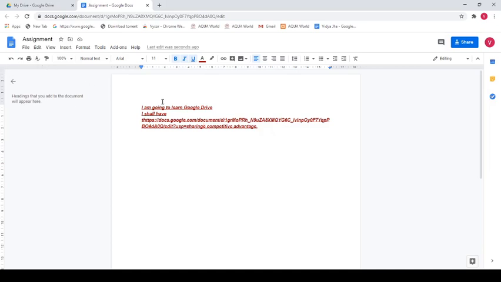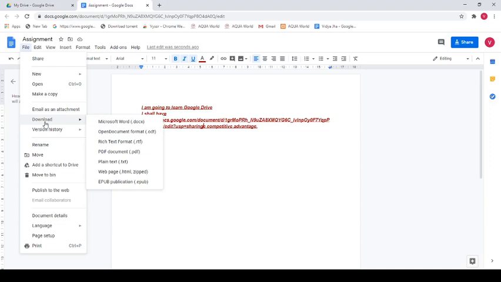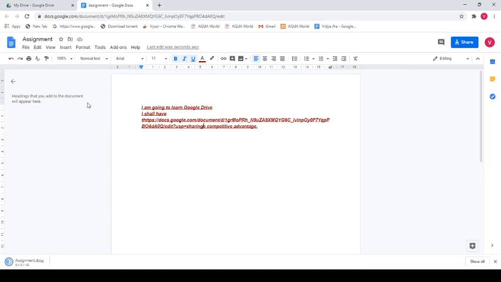Now, the next important thing which I wanted to share is, you open this and see. How do you want to save this? As it is saved in your Google Drive. Now, suppose you have certain formats in which you have to submit your assignment. You might have to submit your assignment in Word format. If you save it as Word format, it will simply be saved in the Word format in your download folder. Remember, where will it be stored? It will be stored in your download folder.